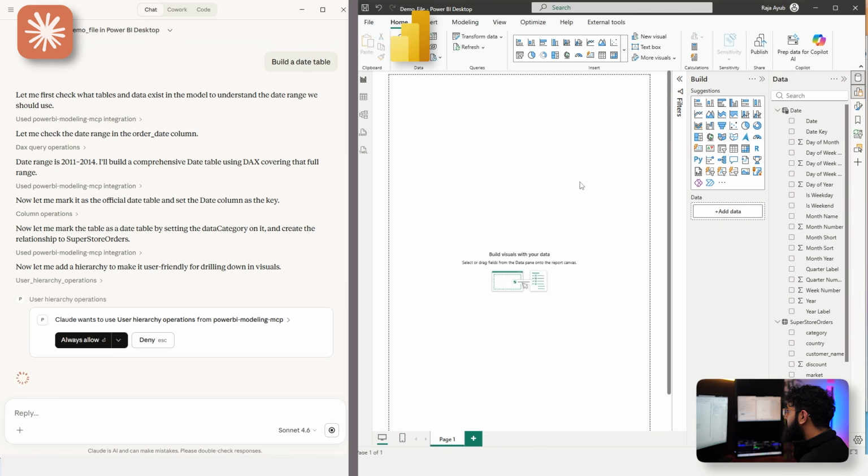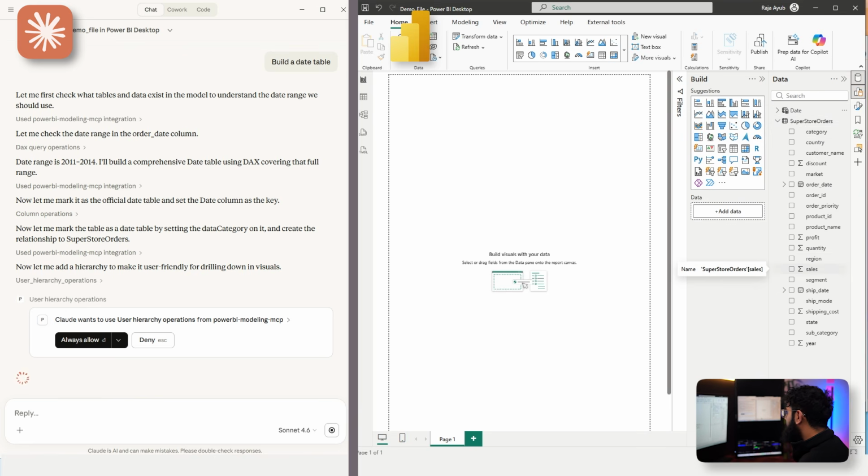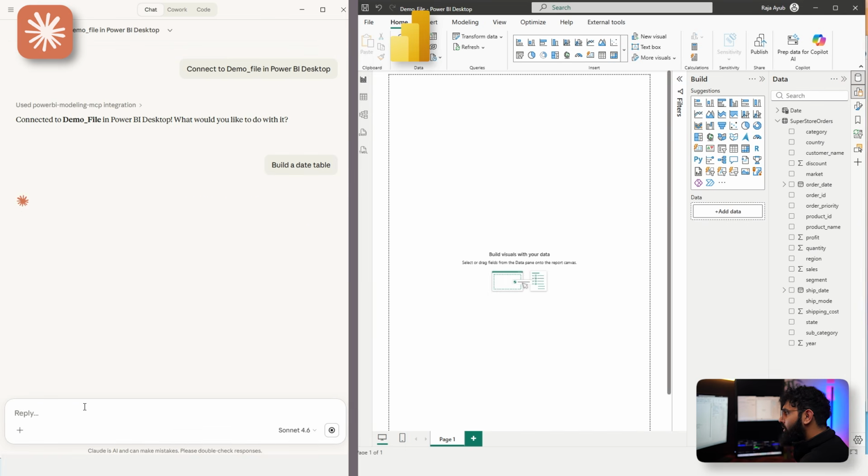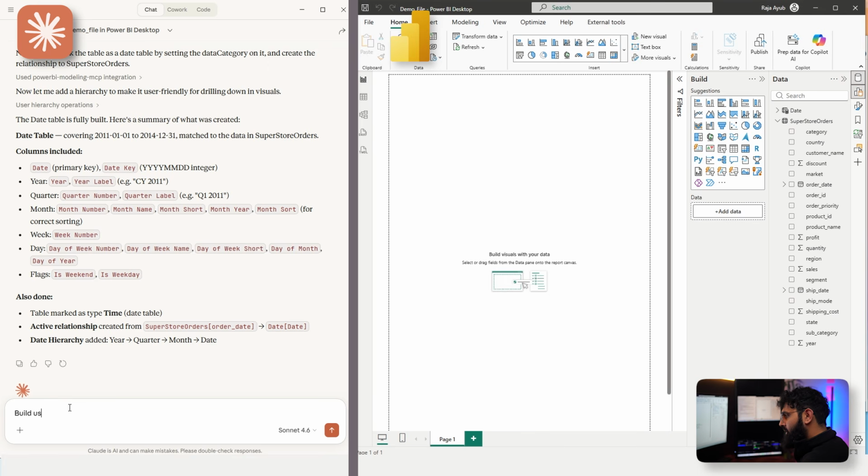So moving on, the next stage of a development would be creating basic calculations and aggregations for things like sales, how many orders do we have, average order size, and you would typically do that at the start of your development, where now we can simply ask Claude, build us a measure table with basic aggregations, and